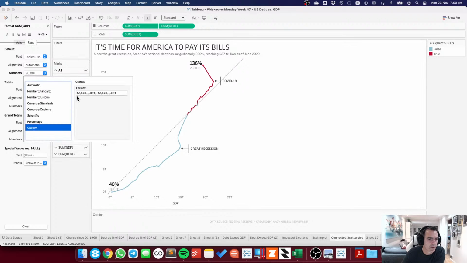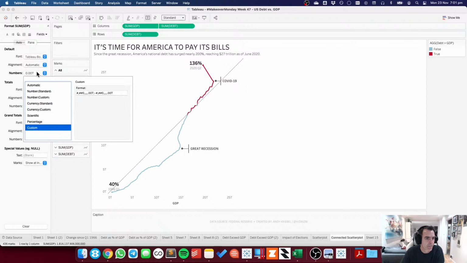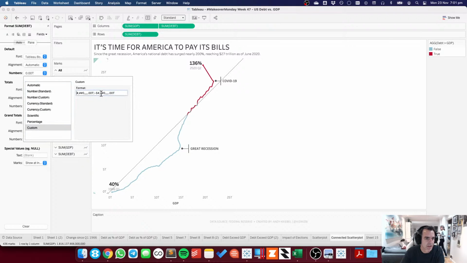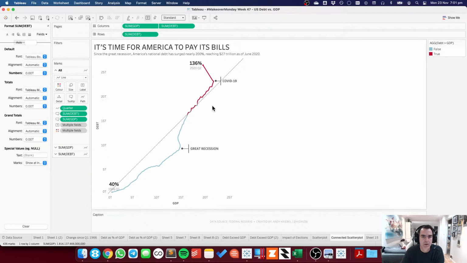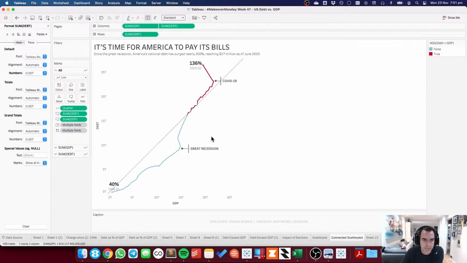Maybe what I'll do then is I will just get rid of these and manually stick a... go to debt, and I'll just manually take out the number signs, and in the tooltip I'll just go ahead and put a dollar sign in the front. I shouldn't have to do that, but okay. There we go. All right.